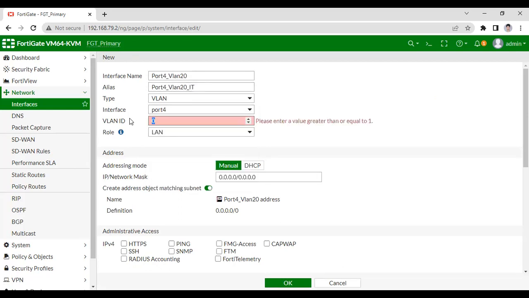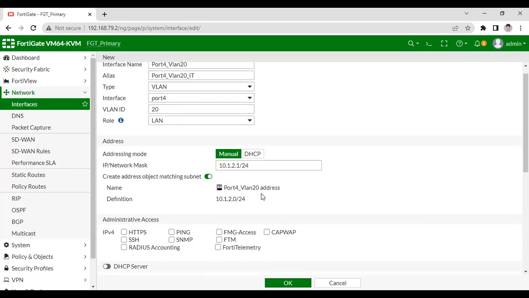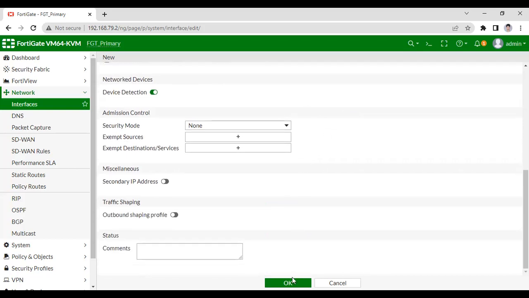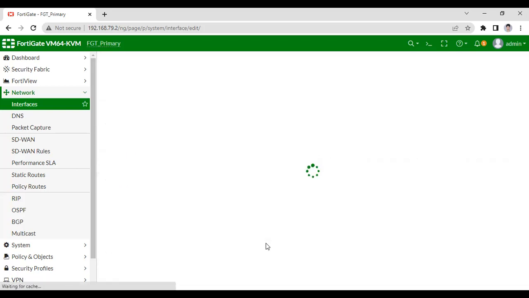The VLAN 20 IP address is going to be 10.1.2.1/24. This IP address will become the gateway of VLAN 20 for whatever users are in the LAN. I'm going to allow administrative access HTTPS, ping, SSH, and SNMP. You can choose as per your requirement. Then okay.